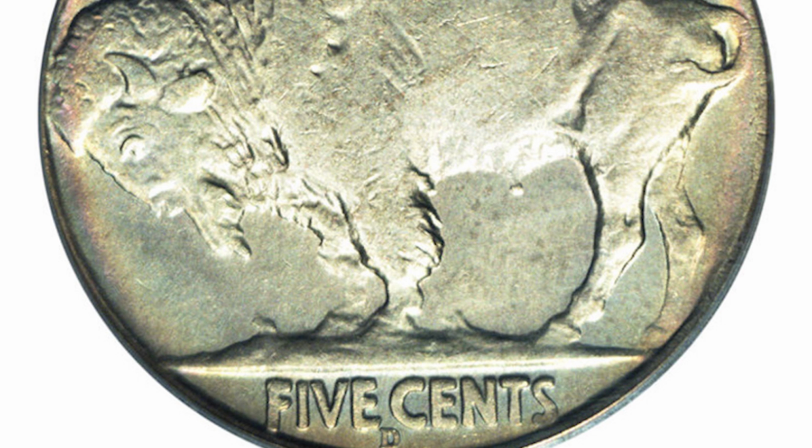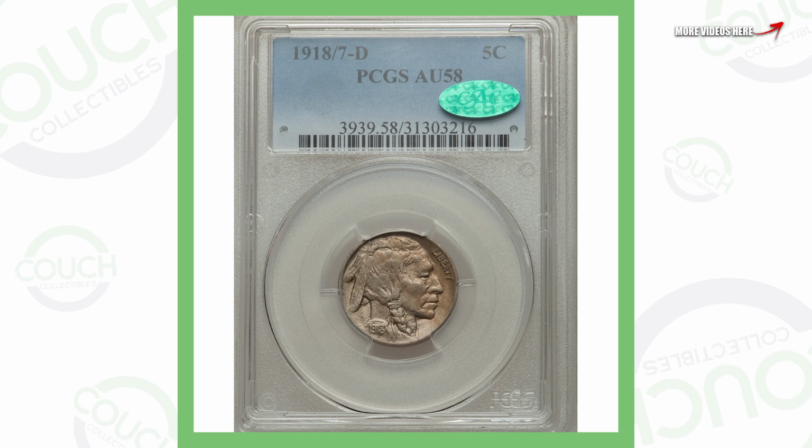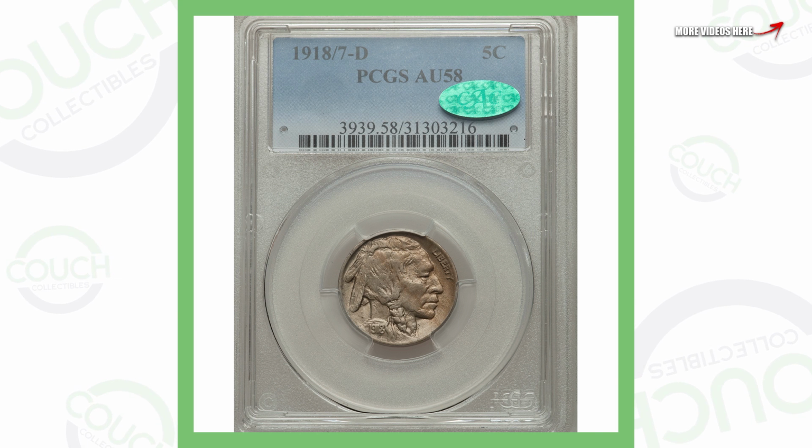We look there on the reverse, we could see the leg all the way to the left, and this coin sold for over $14,000. This is a 1918 buffalo nickel, but if we zoom in there to the date, you will see